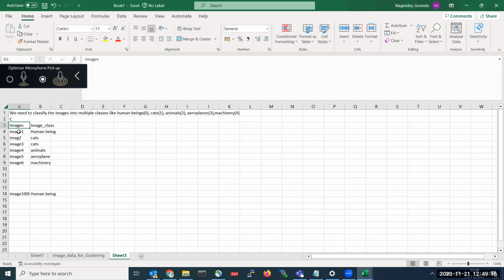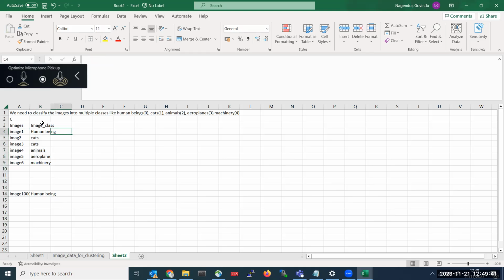In the next phase, we will be converting all these images into numerical data. Machine learning algorithms and systems won't understand directly, so we should convert everything into numerical form. The same thing for this class also. Here it is in categorical format, right? We need to convert this categorical format also into numerical data.